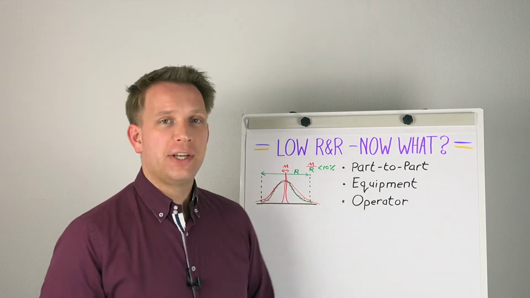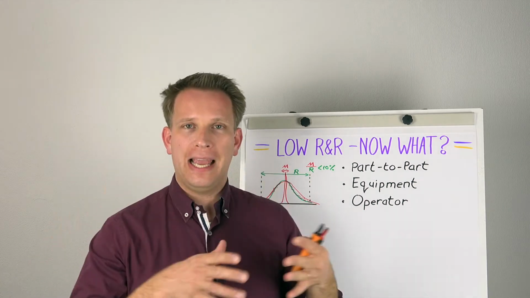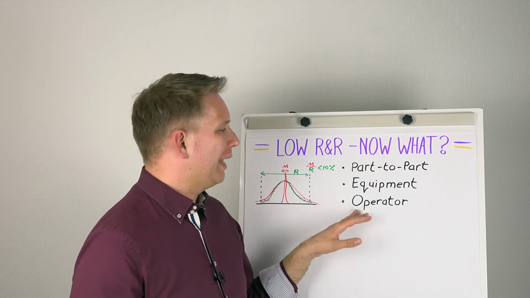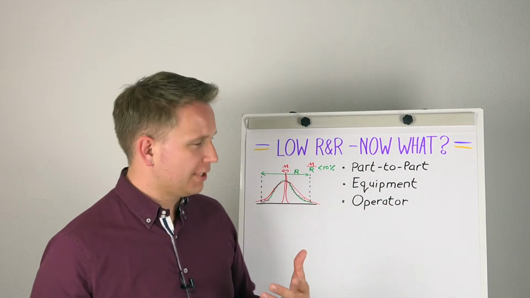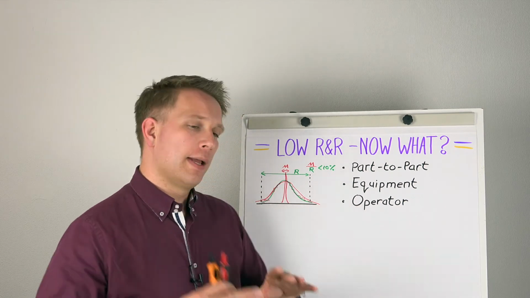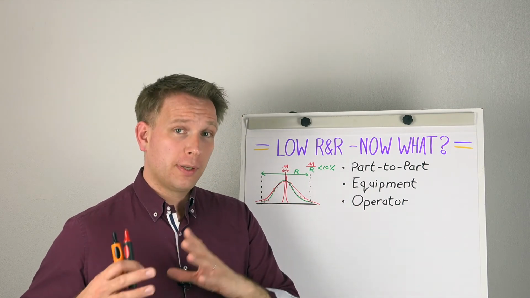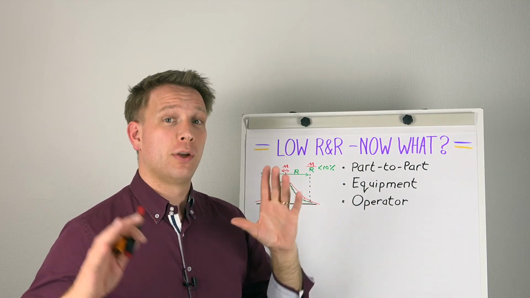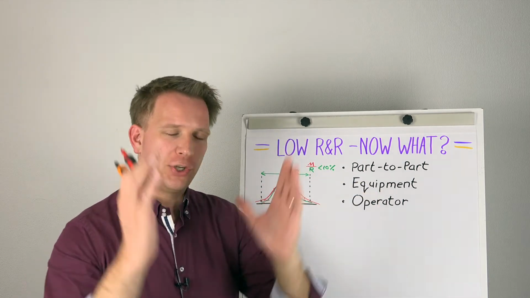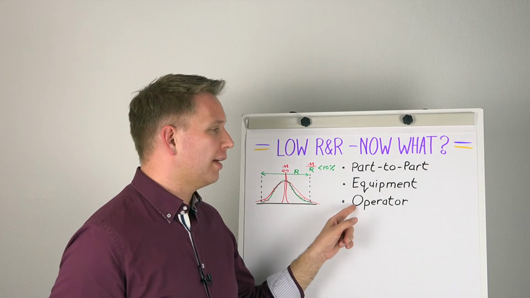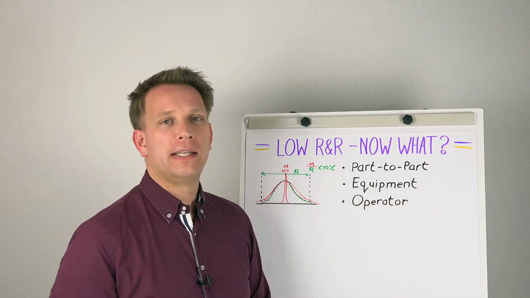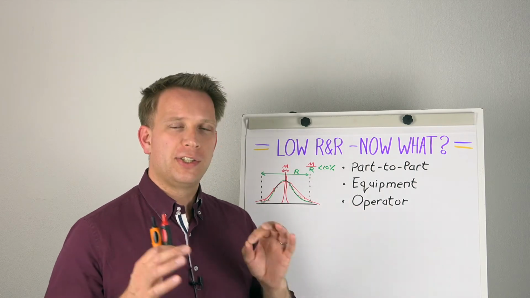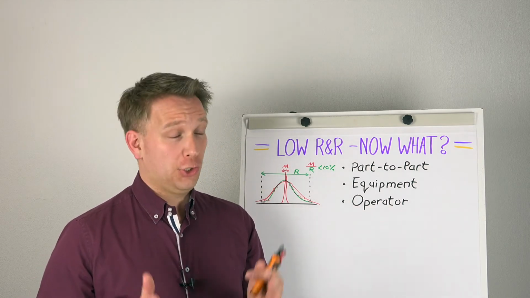Now the operator variation, that is where we take the averages of everything that one operator does. So we don't have a lot of degrees of freedom in this statistically. What that means is we have a lot of data points within one operator. So one operator does 10 parts 3 times, so that's 30 measurements, but we average it all out into one average per operator, and then we check the difference between the operators. Now we do take the ranges also into account, but basically you only check, you have this whole set, it should be the same,